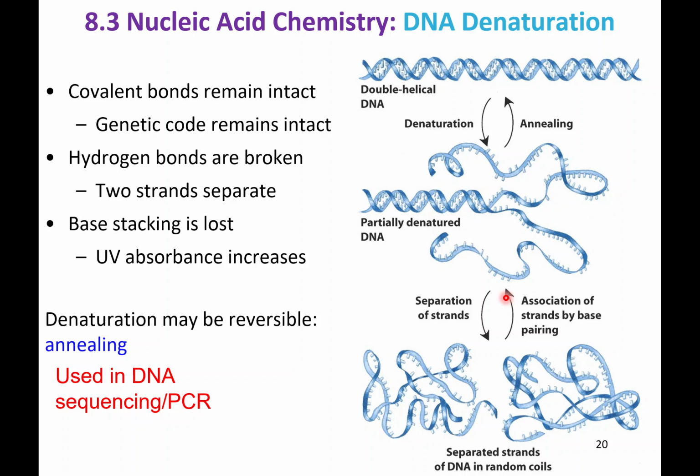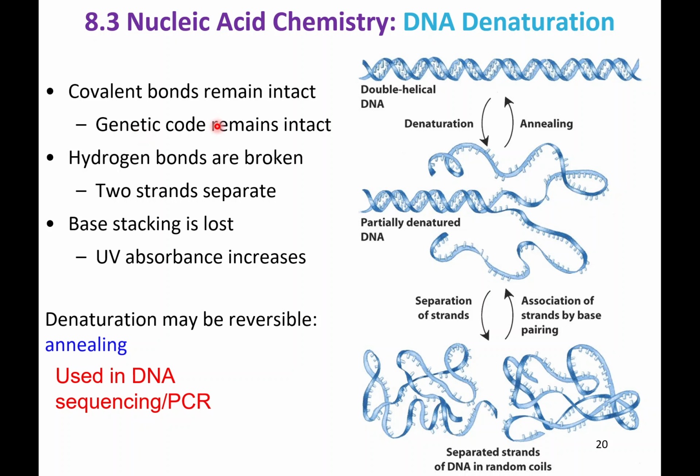Okay, so moving on to section 3, nucleic acid chemistry. One thing that's really important in DNA, nucleic acids, is denaturation. That's where the double strands of DNA separate. That's what we refer to as denaturation. The covalent bonds in the DNA remain intact, which is important because the sequence in that nucleic acid